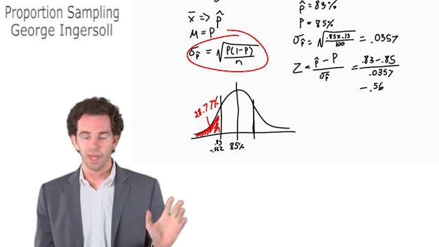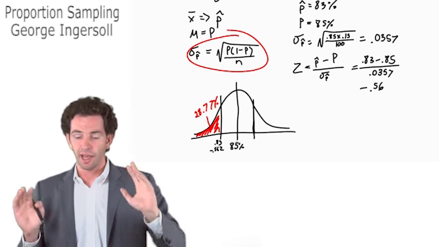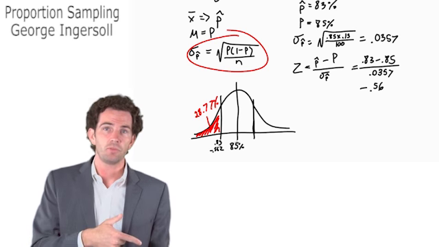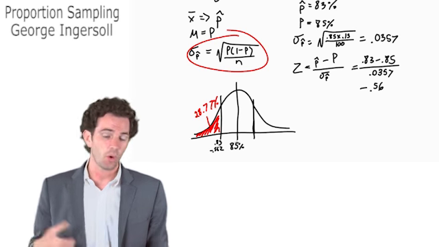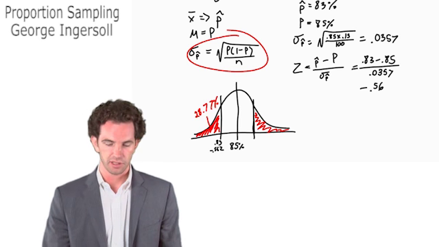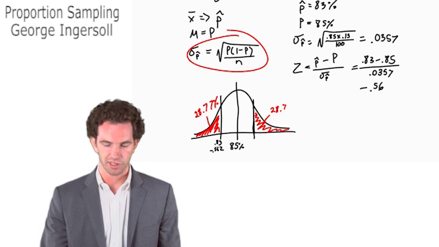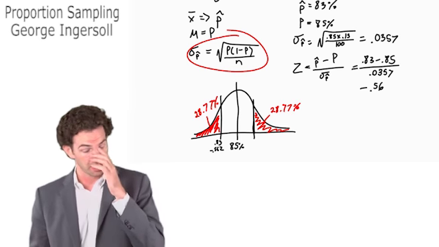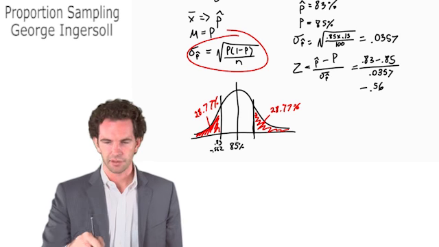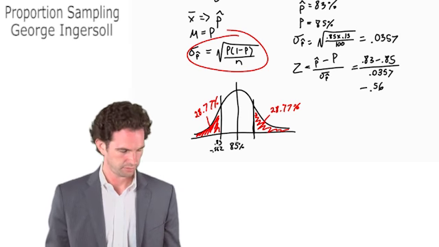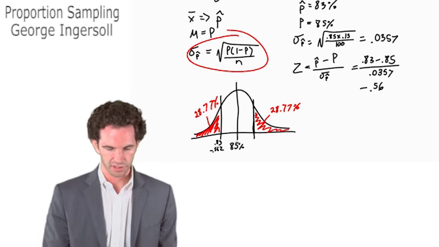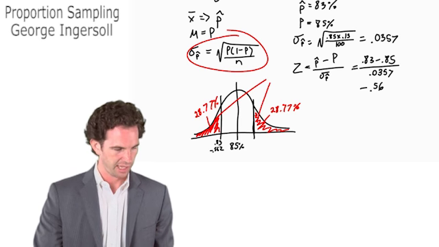Well, we have to test in either direction, because we're just saying, what's the chance that it would end up this many standard deviations away? So it's 0.56 standard deviations to the left or 0.56 standard deviations to the right. So we have to add these two together. This is also going to be 28.77% because the normal distribution is symmetrical. And if we add those two together, I can't do it in my head, 28.77, if we add these two together, we get